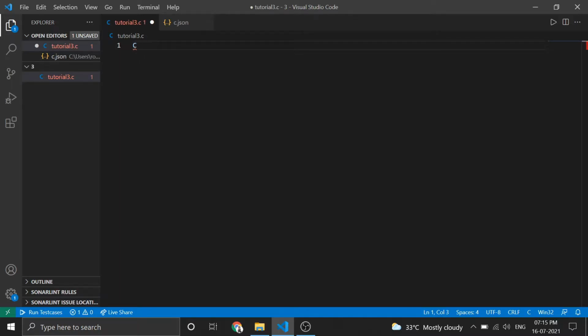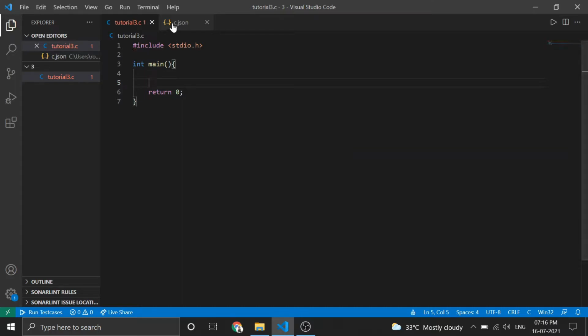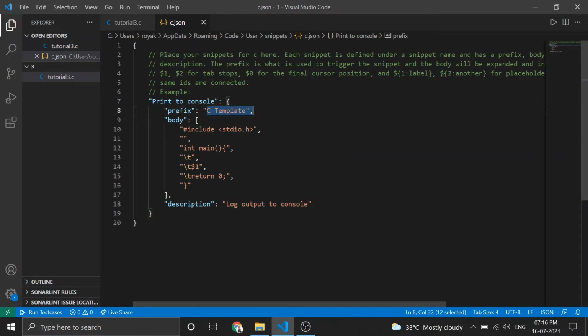If I write "C template", it recommends C template. So it is nothing but the prefix. Whatever is in the prefix, you can create your user snippet under that name.